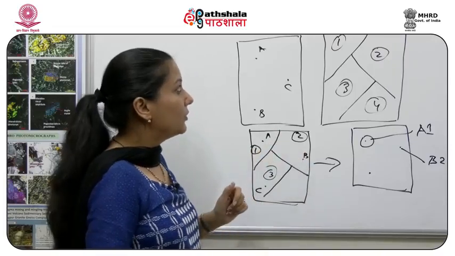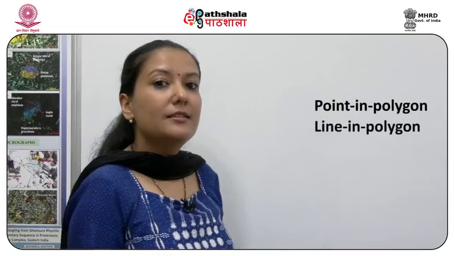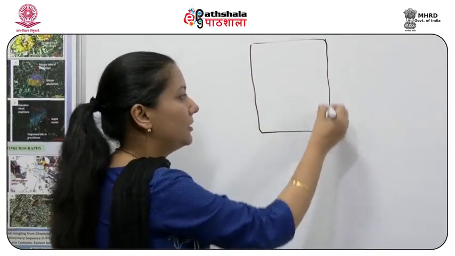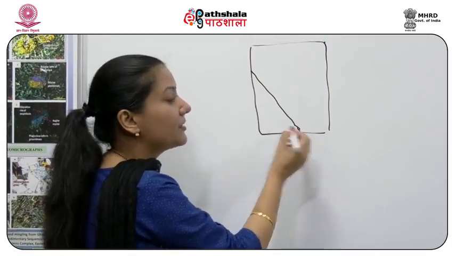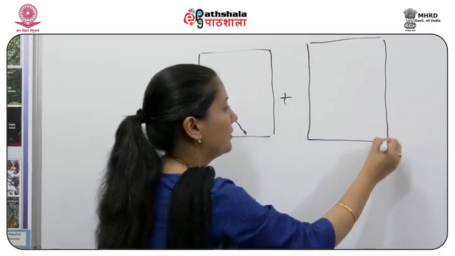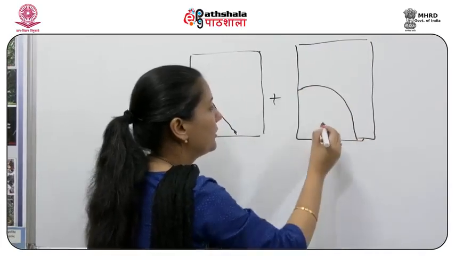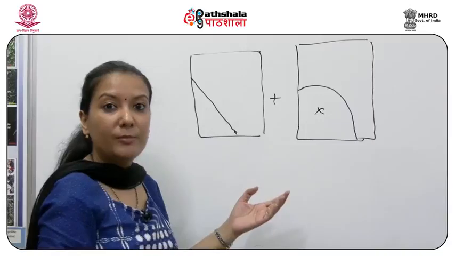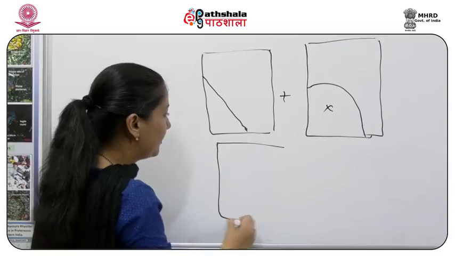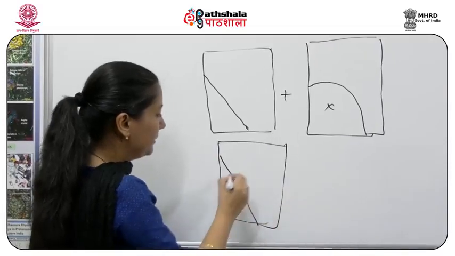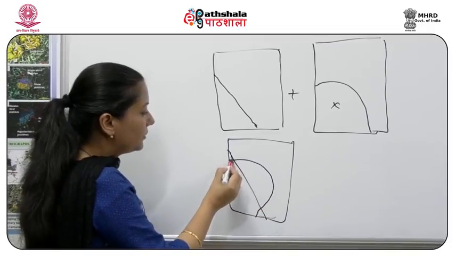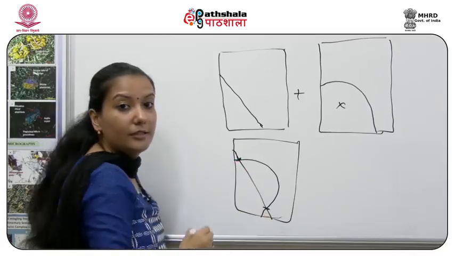When we talk about a second overlay method, line and polygon, as the name suggests, we have one feature with line data. Suppose that's road data, so this line represents a road. And in another feature we have the polygon data. Suppose this polygon represents our urban area. Now if we overlay this image over this layer, you'll get something like a road passing, and then we have line data. You will see that this road is connecting here and here in this image.